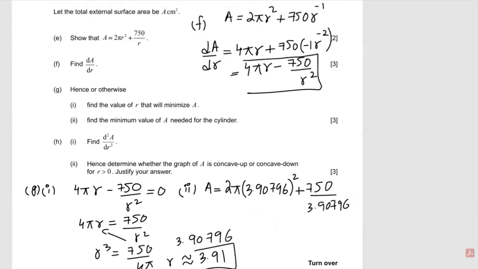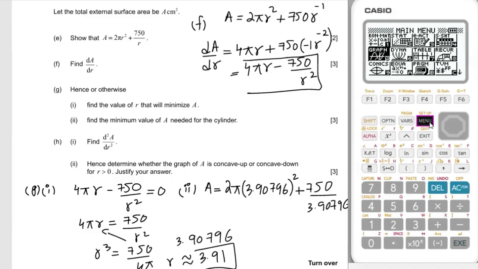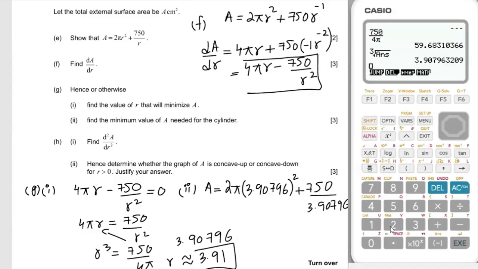I know this will take some time, but let's just get it. Okay, 2 shift pi, and let's feed in this value, 3.90796, bracket close and square it, plus 750 as a fraction